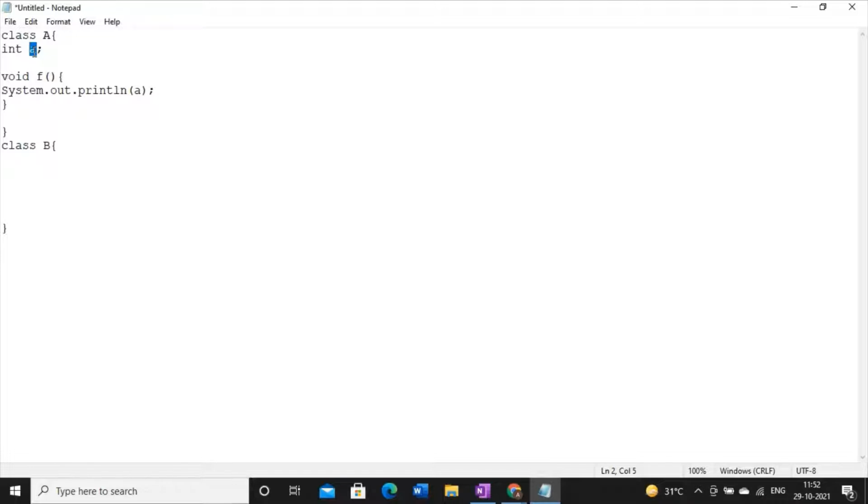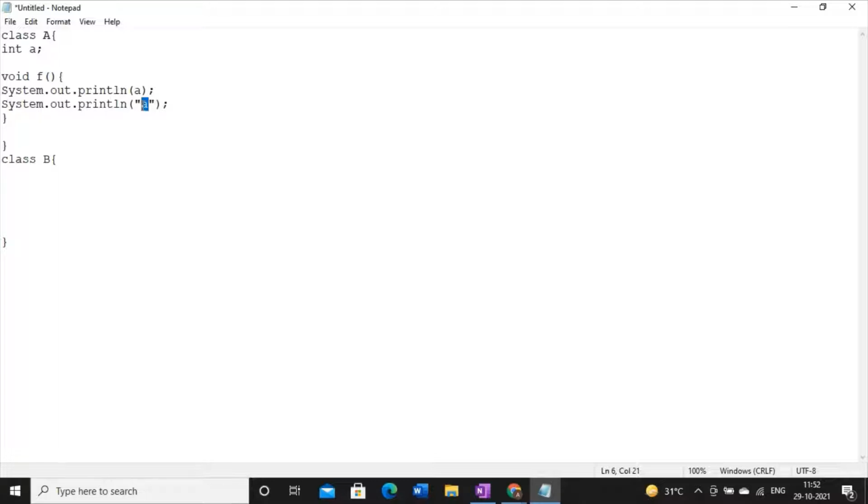But by mistake, if I write a within double quotes, then what will happen? Whatever is written inside double quotes will be printed straight away. It means in the output screen, I will be able to see a only. So this is the difference.